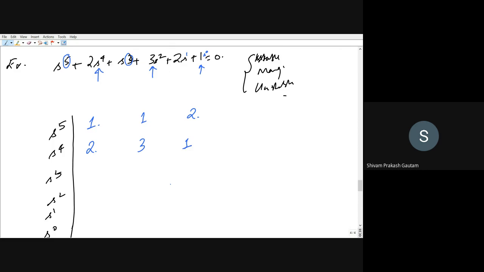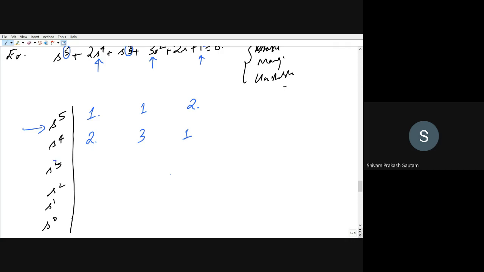Now up till this point I think it is very clear that first we have to select the maximum power of s, and if that maximum power is odd, then you have to fill the table in odd powers of s. Then s to the power 4 belongs to an even power, the next second highest power, so we have to fill that remaining power of s. Now how to fill up the remaining rows, that we will see. So next, what should come here and here and here?